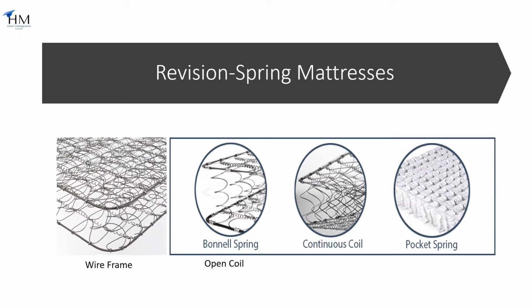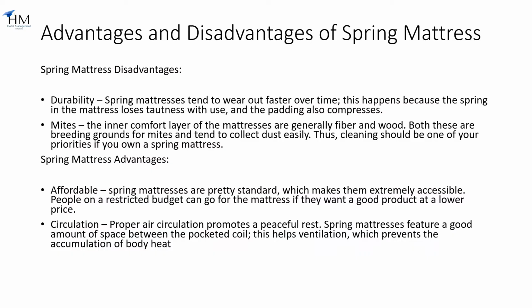This is the revision of construction of spring mattresses which we have already discussed: wireframe, open coil, that is also called Bonnell spring, continuous coil, and pocket spring mattresses. After going through all four types of spring mattresses, now we will discuss the advantages and disadvantages of these types of mattresses. First, we will discuss